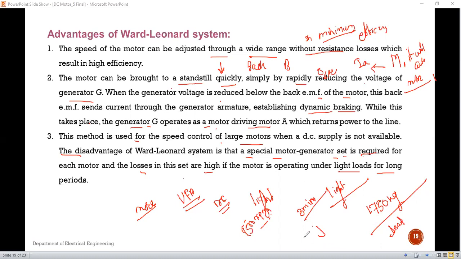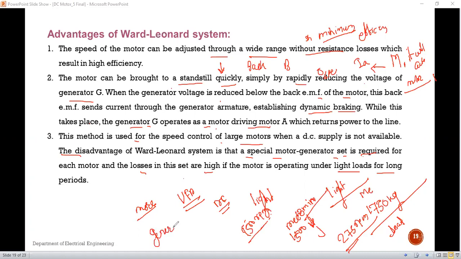In that situation, the motor running at 1500 RPM, due to the mechanical load increase, its speed reduces. That means the speed reduces, and this motor is somewhat running at 275 revolutions per minute because of the mechanical inertia and the load put on that motor. The mechanical energy is greater than the electrical energy. Due to the mechanical load the motor speed decreases, but this mechanical energy is greater than the electrical energy. So the motor we used acts as a generator.